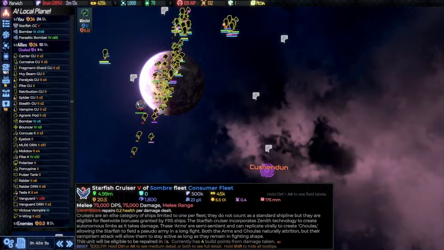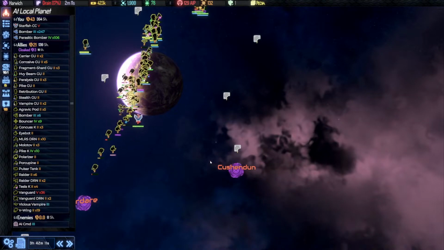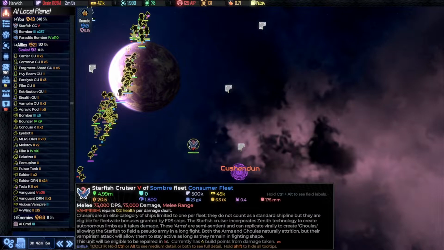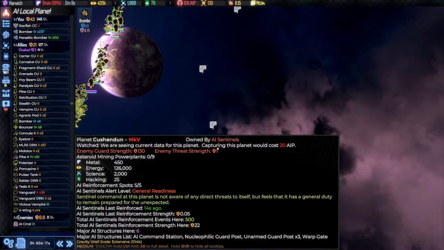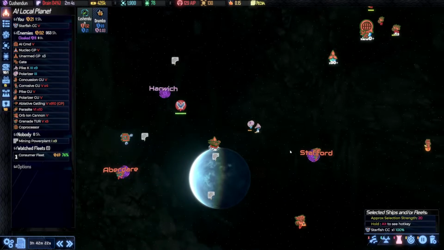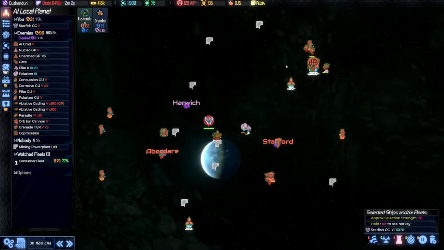So the way this works is it will go and melee things. It does a lot of damage. It really can hoover stuff up very nicely. And as it takes damage, it's going to make limbs. The limbs will also fight. And the limbs, when they damage things, will make copies of themselves. So I'm going to send this...